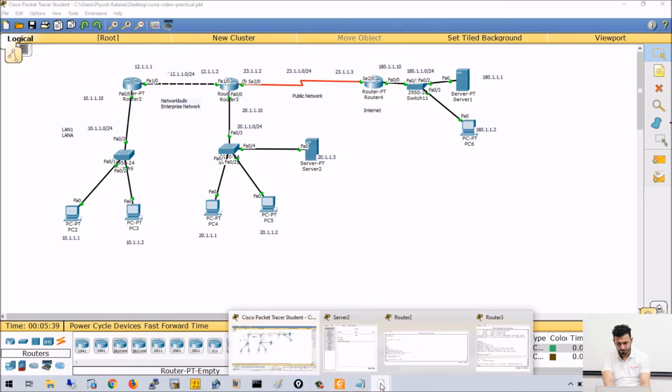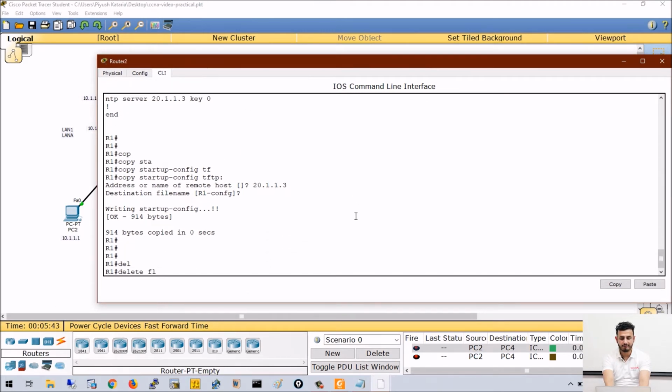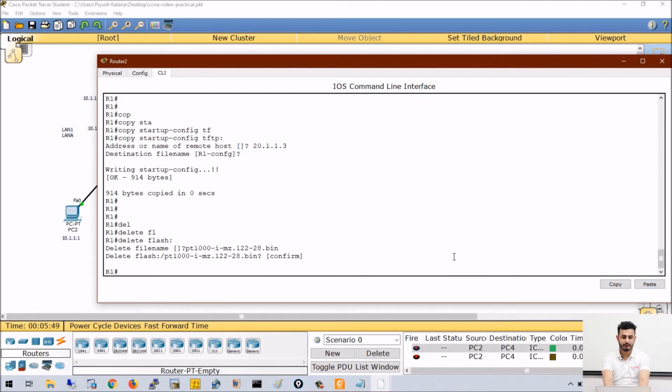Now let's say the operating system of the router gets corrupted. So what will you do? I will just delete flash, and delete which file? The operating system file. Okay, I deleted it from R1. So no problem, I will show you how to recover the operating system.